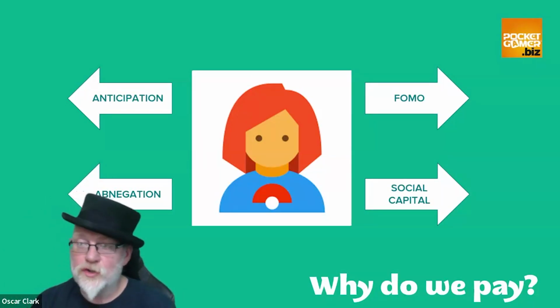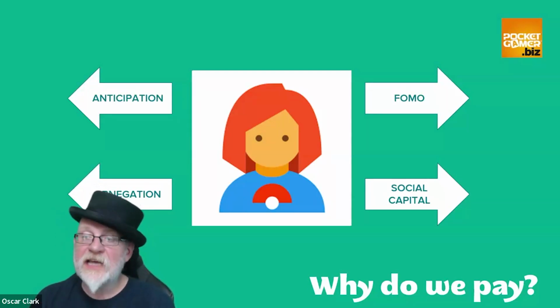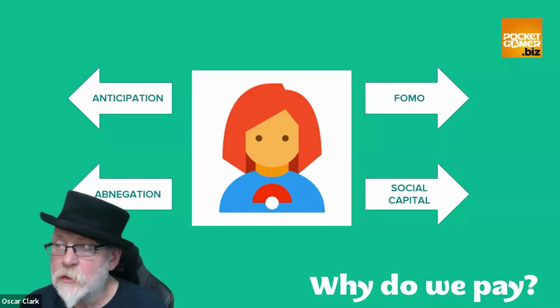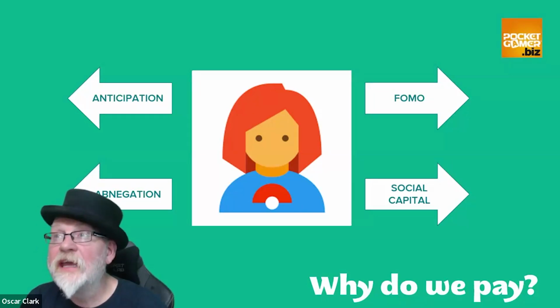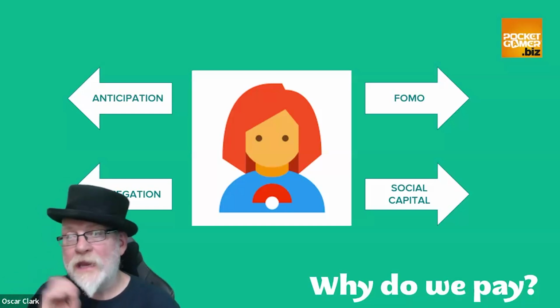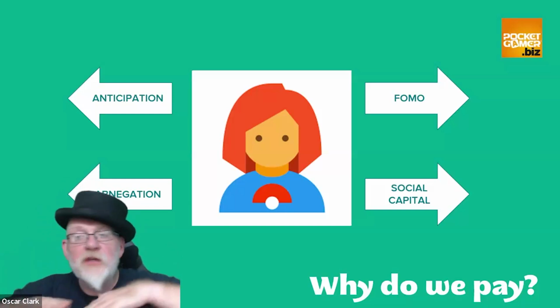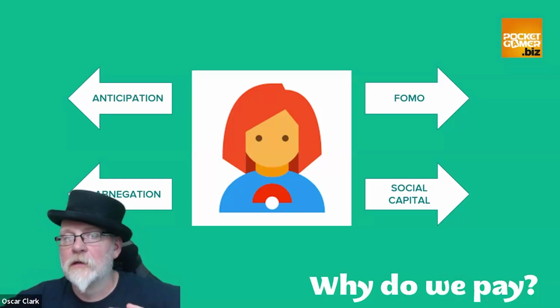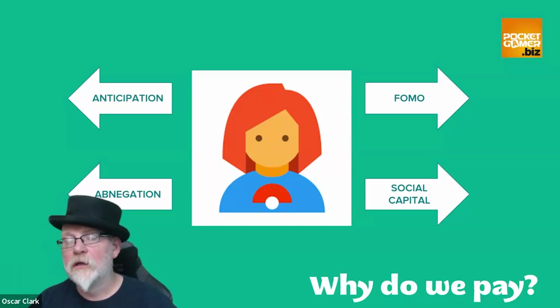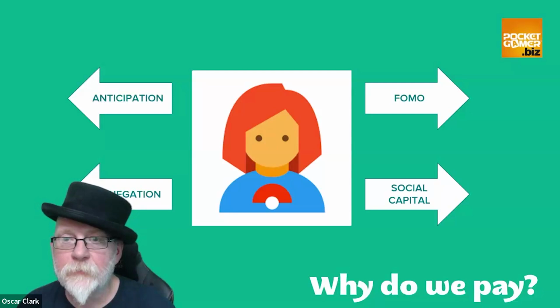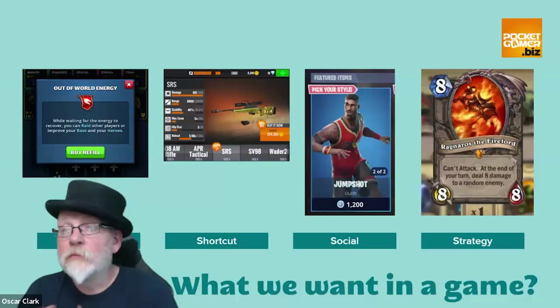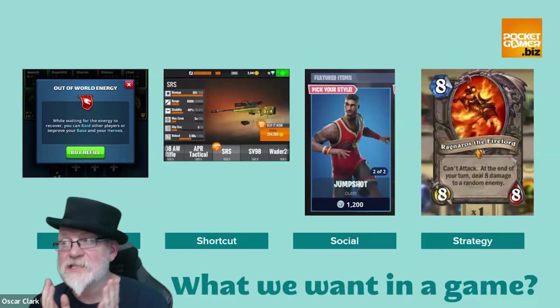We cannot control people's decision to set aside their other things. All we can do is create the conditions in which they choose to do that. And that's why, yes, you can manipulate people in the short term. Don't do that. Just don't do that. It doesn't work in the long run. But we have to create the conditions that support our players. So how do we do that? Well, we have to actually understand what it is they're getting out of our game.